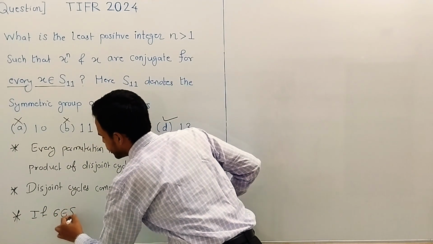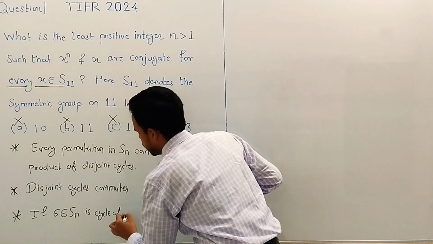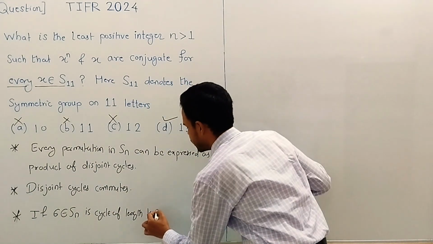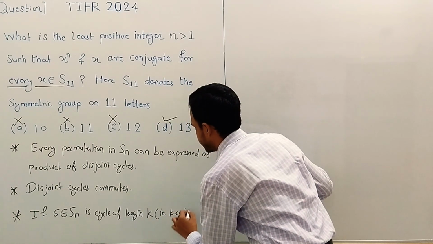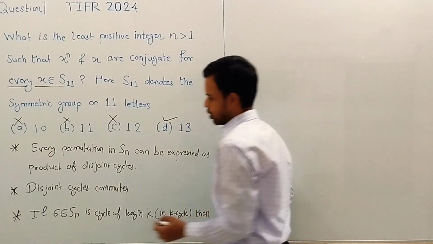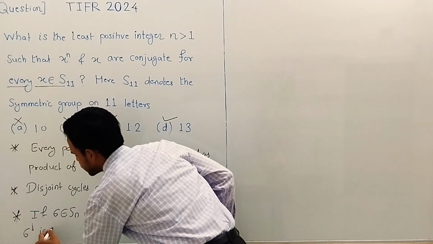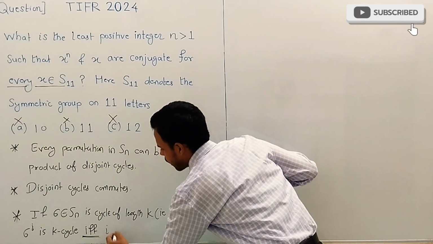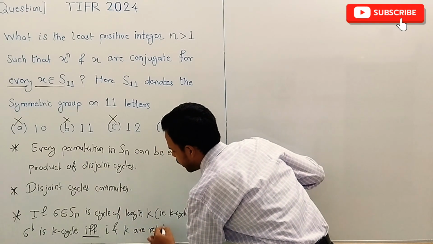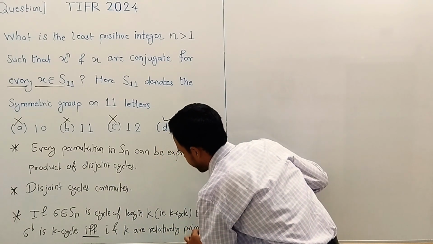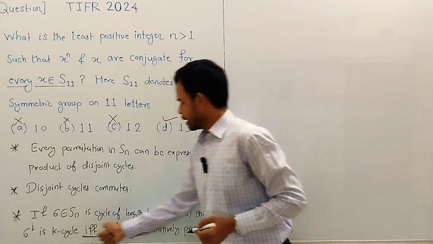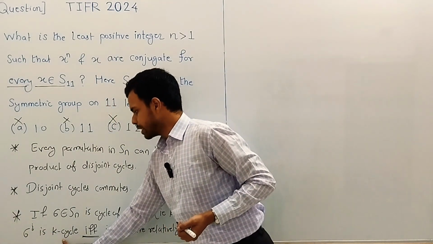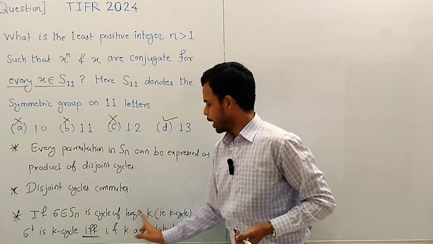Okay, and the third result that we will use is, if sigma belongs to Sn is a cycle of length k, that is k cycle, then sigma to the power i is k cycle if and only if i and k are relatively prime. Okay, if sigma belongs to Sn is a k cycle, that is cycle of length k, then sigma to the power i is also a k cycle if and only if this power, that is i and k, are